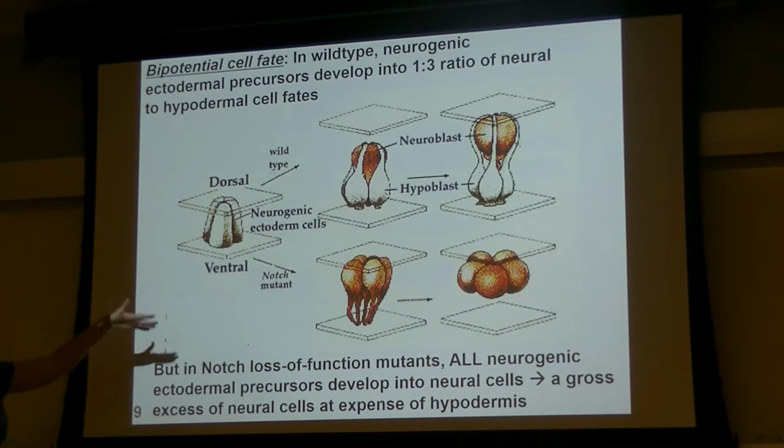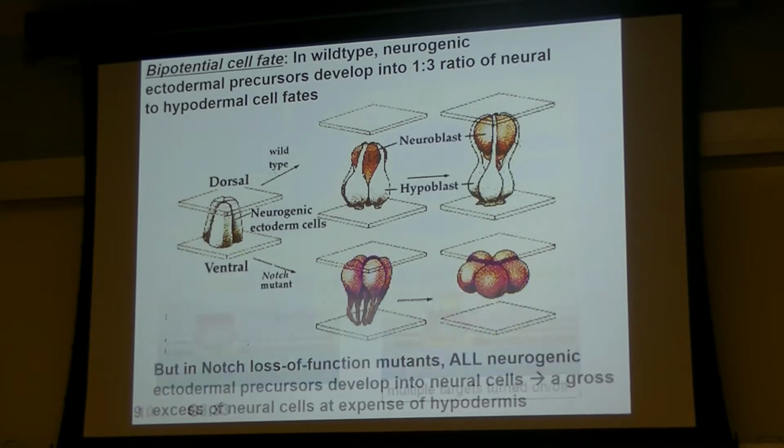So we get this huge excess of neurons within the Drosophila embryo, and simultaneously an underrepresentation of hypoblast cells. From the point of view of a developmental biologist, this is an interesting mutant to get because it's going to teach us something about how this decision is made to aliquot the proper number of cells to a particular cell fate. Okay? So let's